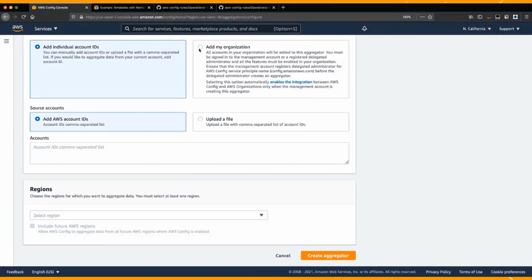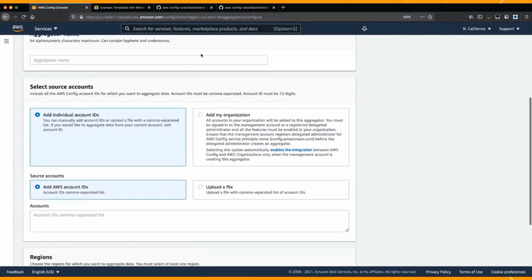Alternatively, you can create an organizational aggregator. Now, one thing to keep in mind when deploying an organizational aggregator is that it has to be either under the management account or within an account that you enable delegated admin for Config. This will then allow you to deploy that organizational aggregator, which will automatically gather all that config related data across your